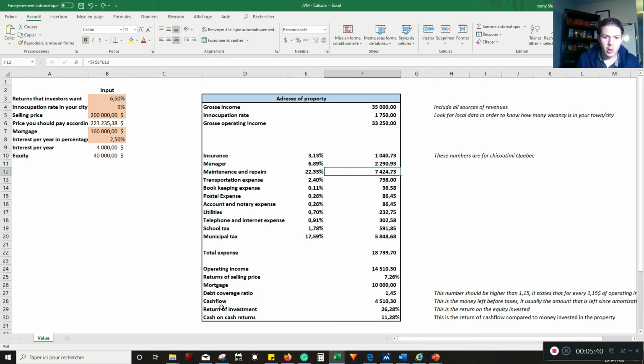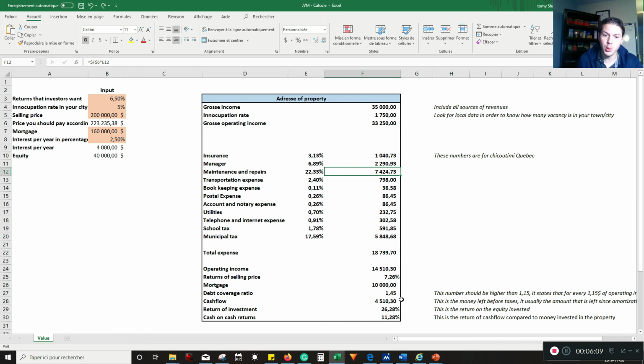$4,510. Your return on investment, since we are using leverage, you are not paying the total amount. You are paying $200,000, but you're borrowing $160,000, which means you only have $40,000 worth of equity, and you take this number, the operating income divided by your equity in the property. This gives you a